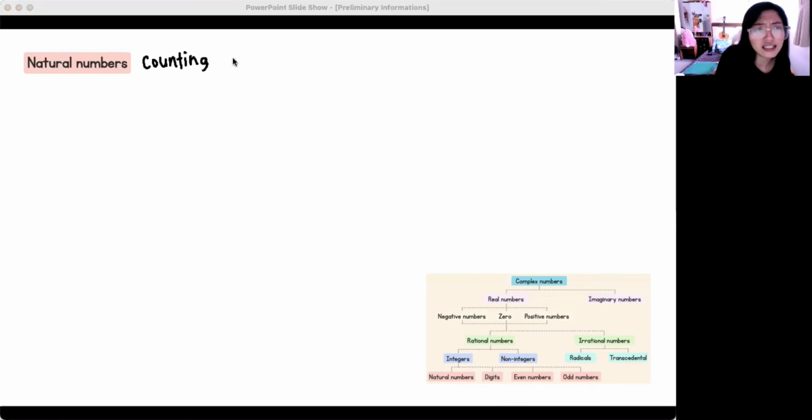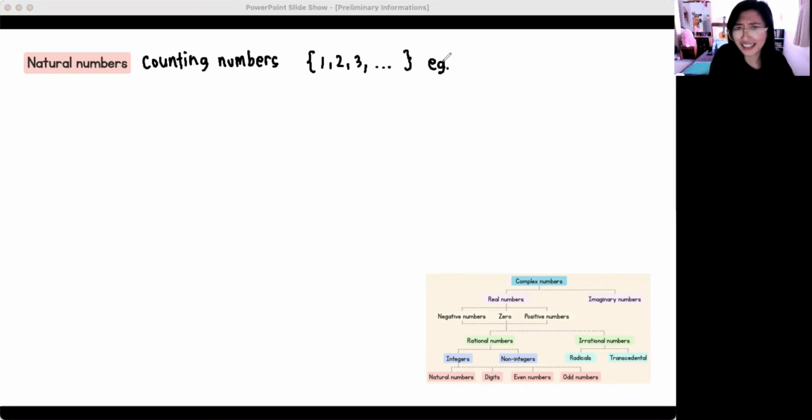Now, it is super easy to remember natural numbers. Think of it this way. People naturally count things starting from 1, 2, 3, and so on, counting numbers. So examples of natural numbers are any counting numbers that you can think of. 8 or even 5,000 and so on. Okay, now